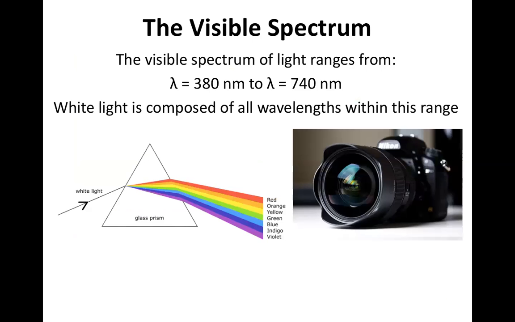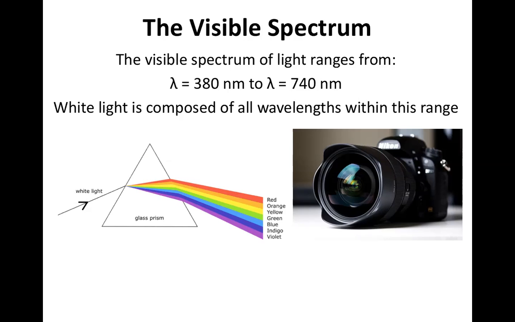Recall that the visible spectrum of light is from 380 nanometers to 740 nanometers, and white light is composed of all these wavelengths within this range. And recall also why an object would appear to have a color. When a camera lens looks blue, it's because most of the light that enters your eye has the wavelength